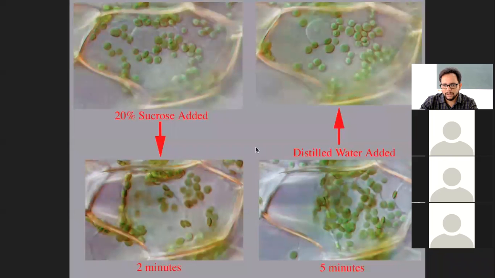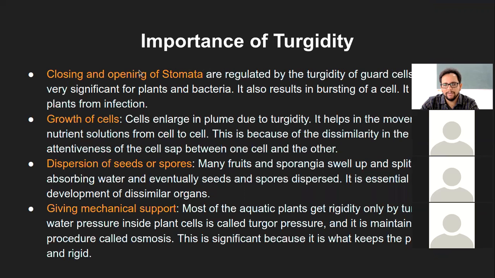So we had looked at this diagram which explained how it looks in real cells. After adding a cell into 20% sucrose solution, that is hypertonic outside, the cell shrinks, rather the cell membrane or plasma membrane shrinks, and when you put it back into distilled water, it regains its turgidity. That is what we had looked at in the last classes.